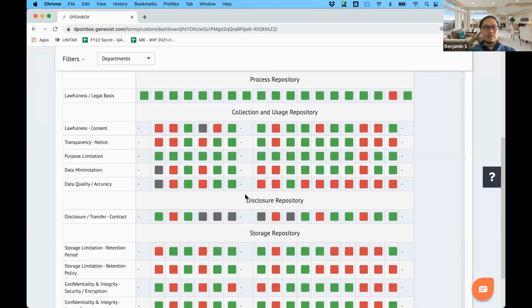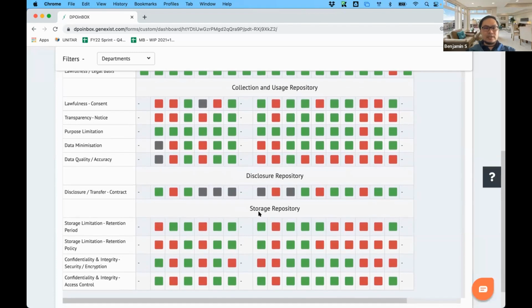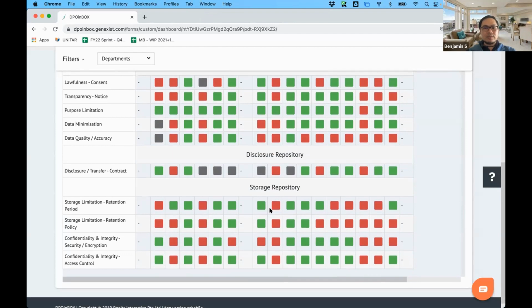Like in certain processes where there's no consent obtained in the collection, there is no contract in place for certain processes which an organization discloses to a third party. And in the storage repository, we see that certain processes do not have a defined retention period, or they don't have a retention policy. And some information which is being stored is not even secured and has no access control.